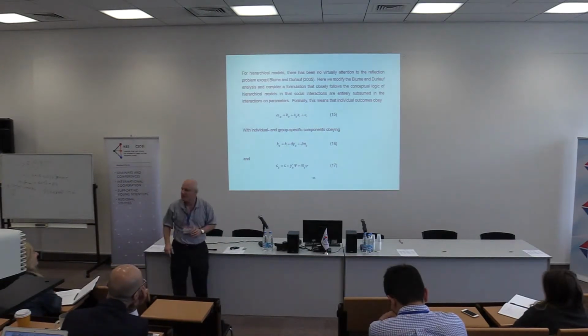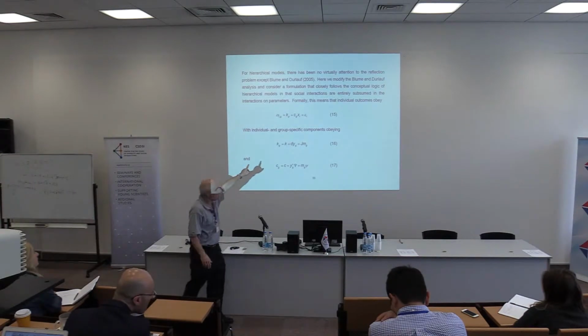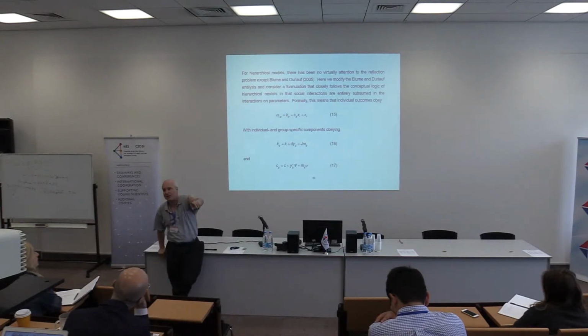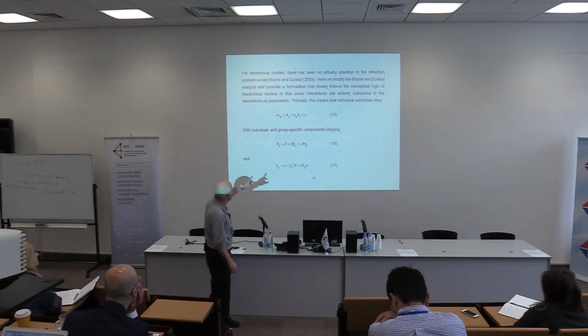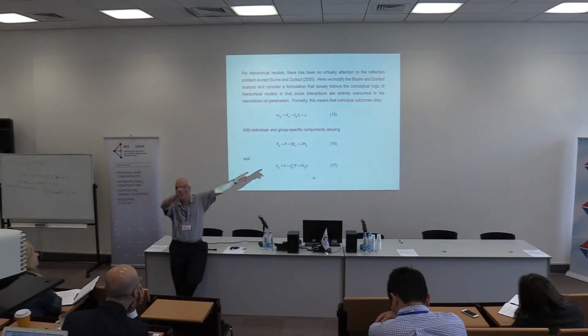But anyways, the social interactions approach in sociology would say that if I look at people in a community, in a group called G, there's a relationship that's linear between an individual's characteristics, an individual's unobserved heterogeneity, and their outcome. But what the sociologists would say is the relationship between individual characteristics and individual outcomes is mediated by the social context. And the way that they formulate that is to say that the coefficients within a group that map individual characteristics to individual outcomes, they vary across the groups.